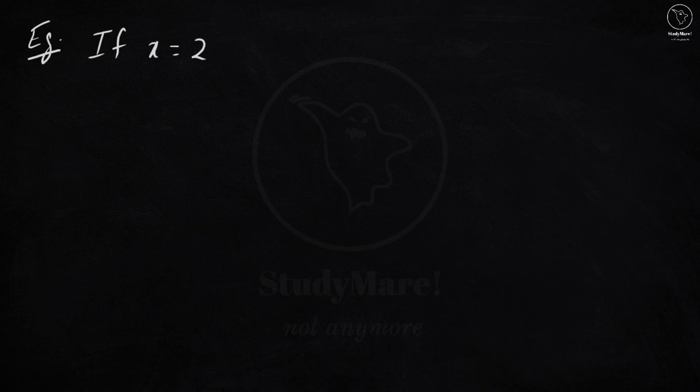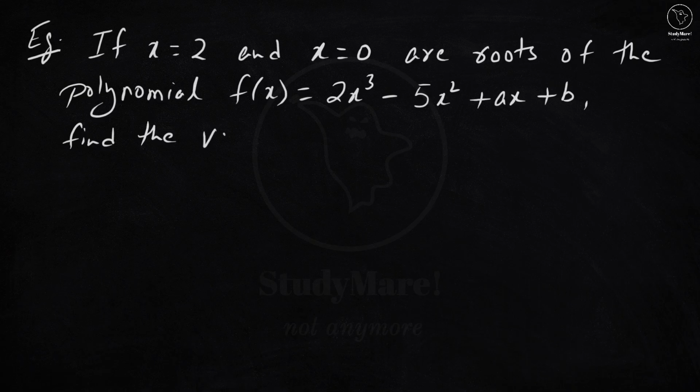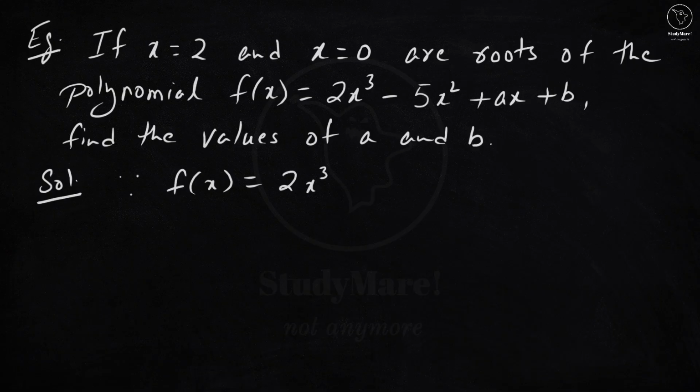If x is equal to 2 and x is equal to 0 are roots of the polynomial f(x) is equal to 2x cube minus 5x square plus ax plus b, find the values of a and b. Looks complex? Don't worry, it is not. Let us solve it. Since f(x) is equal to 2x cube minus 5x square plus ax plus b,